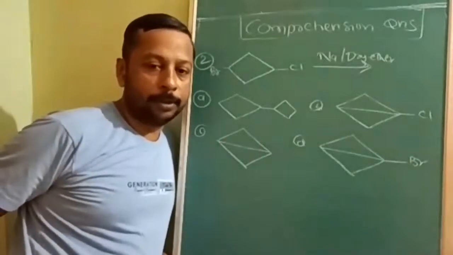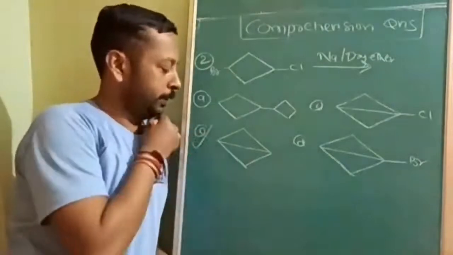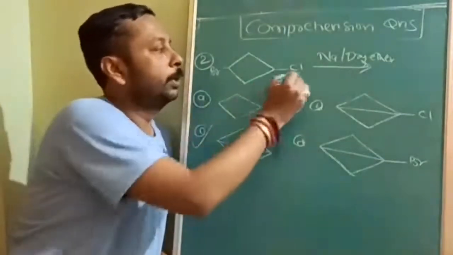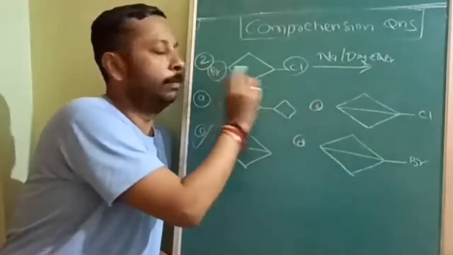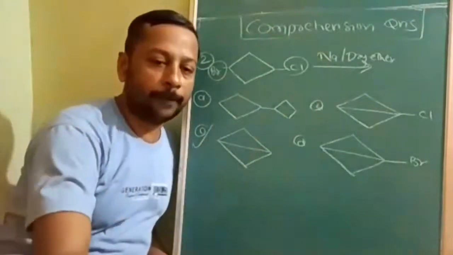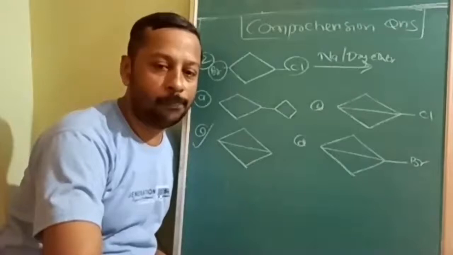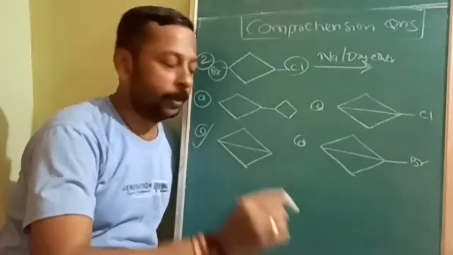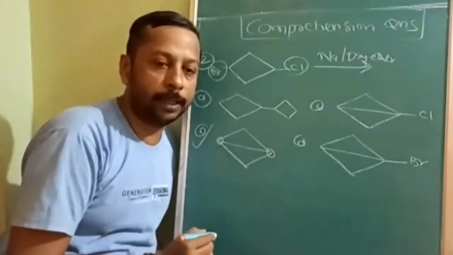Okay, good response. The answer to this question is simply chlorine and bromine. Both will be removed from the sodium. Which type of compound is it, bicyclo or spiro? Very good. If two head carbon atoms are there, that is called bicyclo.